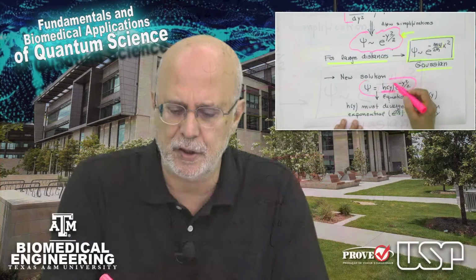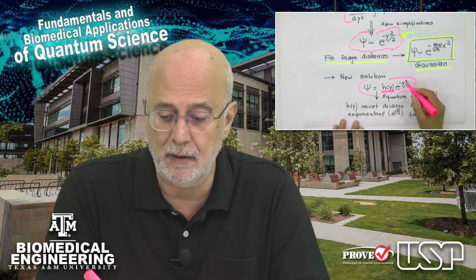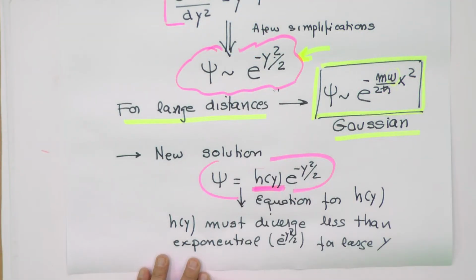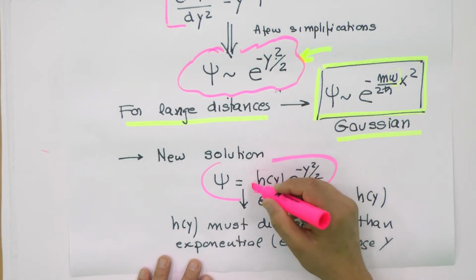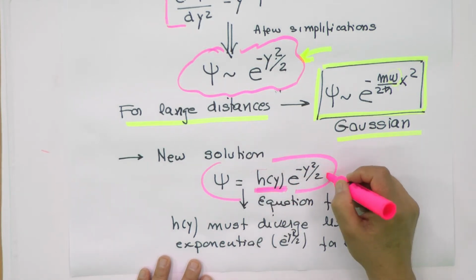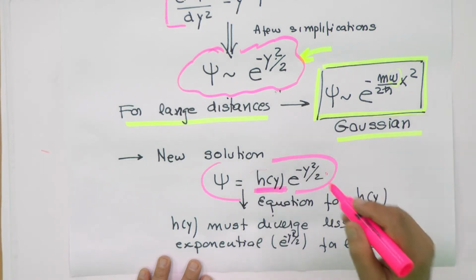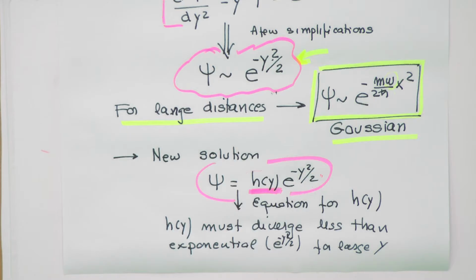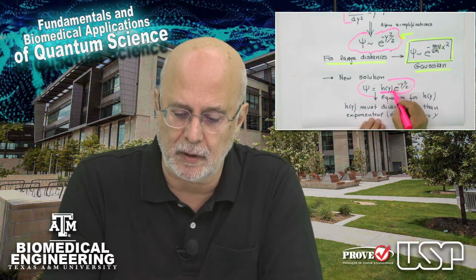So when we go to large distance, this must come to a finite value, or to a value that does not diverge, or does not die out as the Gaussian. Normally, any polynomial type of function does not diverge as fast as the Gaussian decays. So then we are safe when we go to large y. So we suppose that the product is solution,